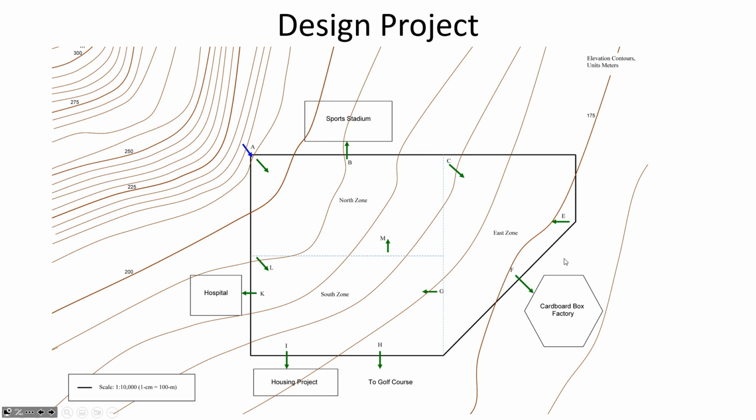So the project is that you're going to do an analysis based on some parameters I assign. Each of you will have different parameters. For example, one person is going to have a population density in the south zone of 200 people per hectare, whereas another person will have population in the south zone of only 25 people per hectare. So you're going to have wildly different water demands when you have maybe a 10-fold variation in the population density.